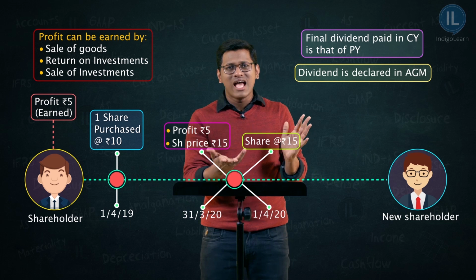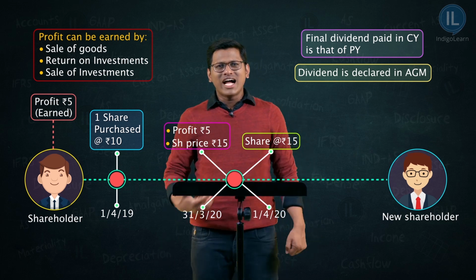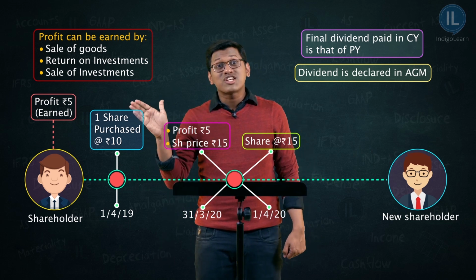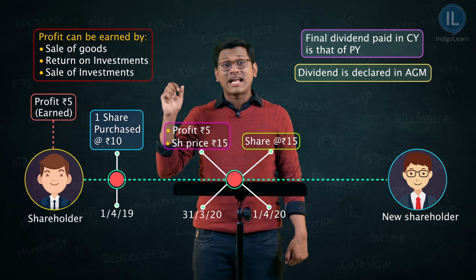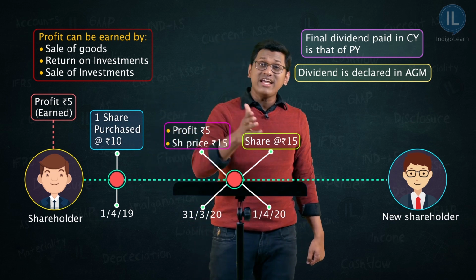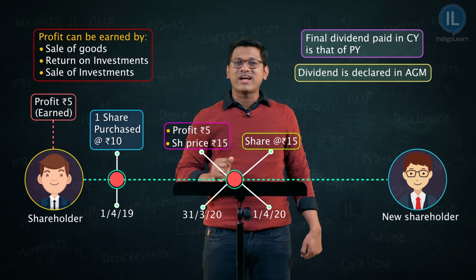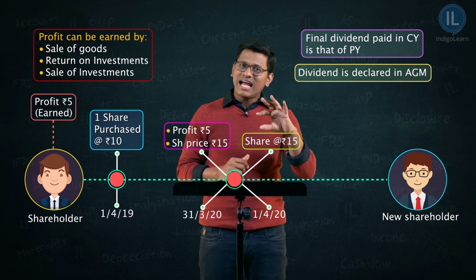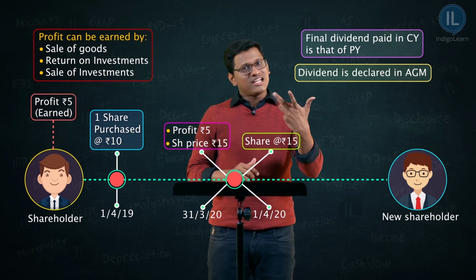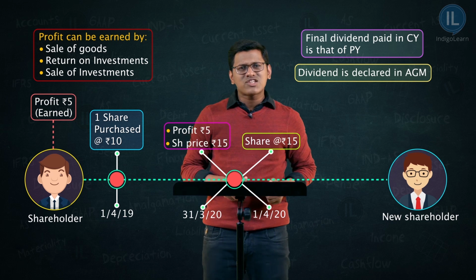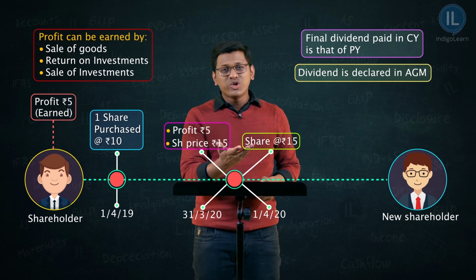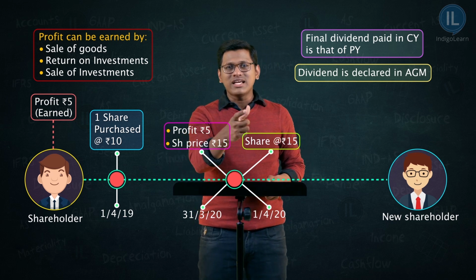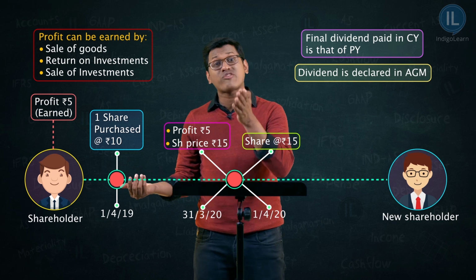Think about it, friends. I earned it because I purchased the shares on 1/4/2019 and actually earned that profit or income of 5. So if I received the dividend, that 5 rupees I would have credited to my profit and loss account. If I sold it to you on 1st of April itself,